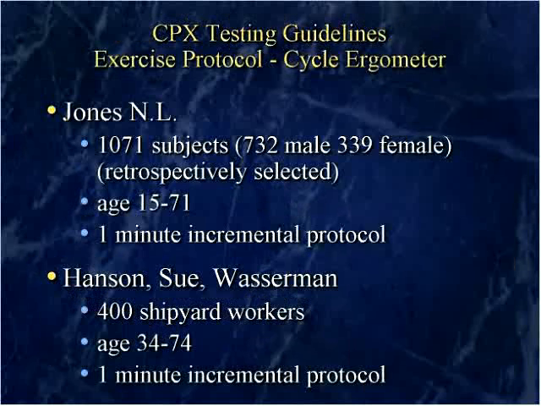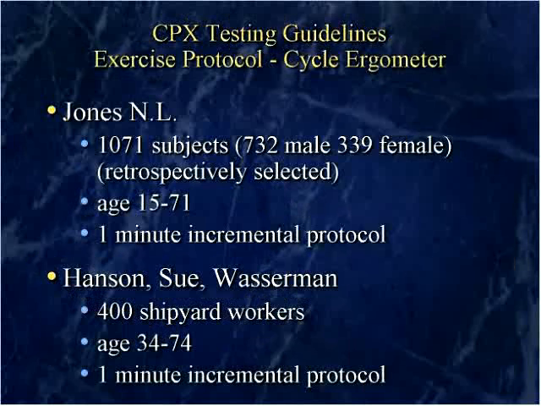In cycle testing, several authors have produced normal values for that. Norman Jones' data is probably the most popular. It was done on around 1,100 subjects with an age range of 15 to 71. He used a 1-minute incremental protocol. Wasserman's has a protocol out there also. He's kind of the